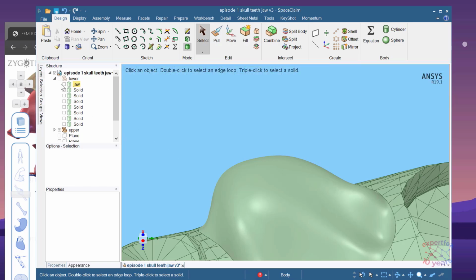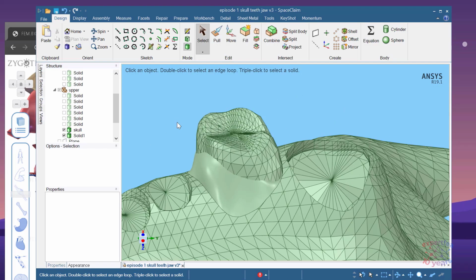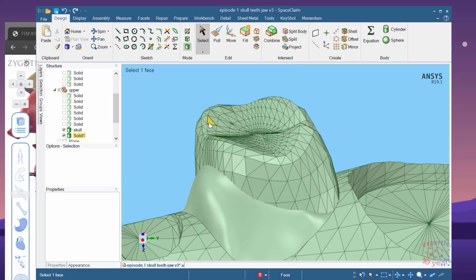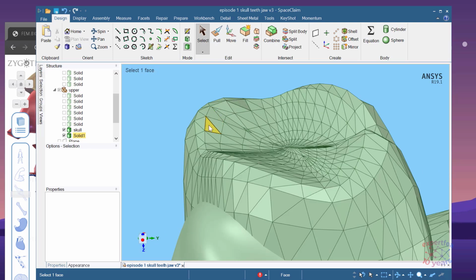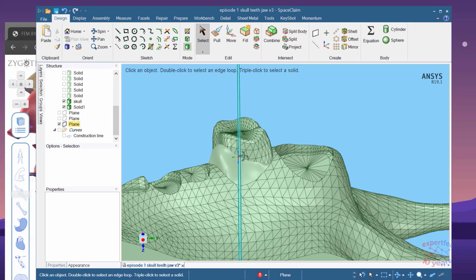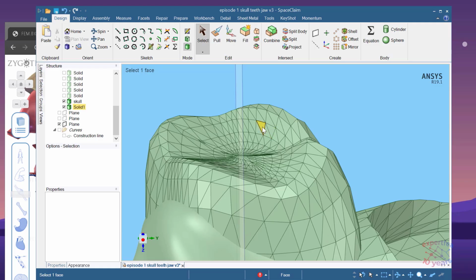What I remember is that this tooth was made with the mirror command. This means, I think, maybe because of the mirror command, you can see if you hover, you have some small points. This means on the mirrored plane. There was a plane here. Do you remember? I think this plane. Yes. And when you select a face,